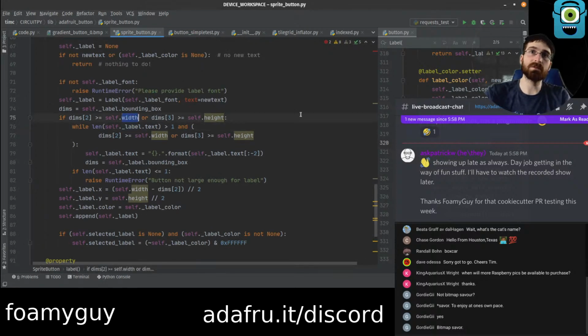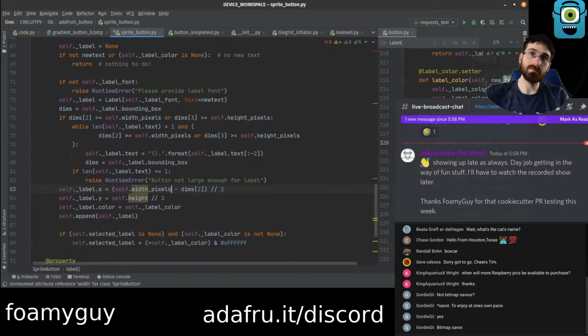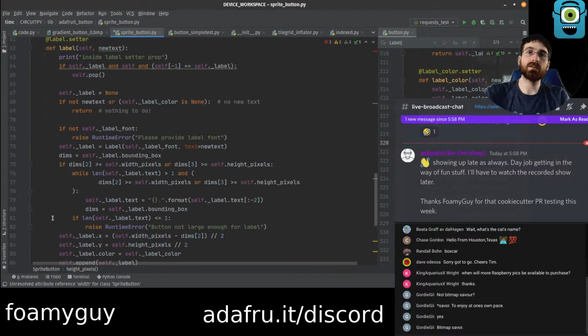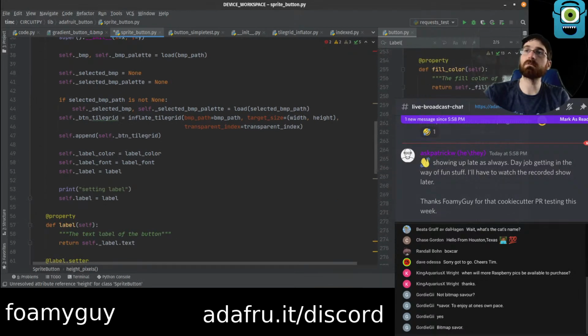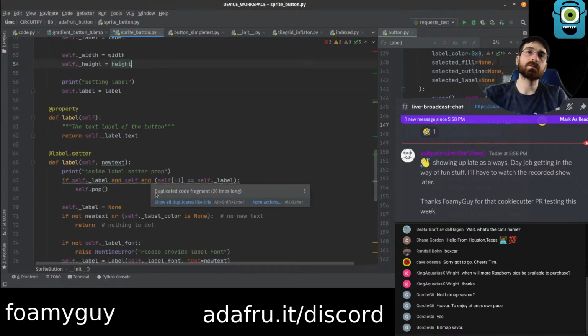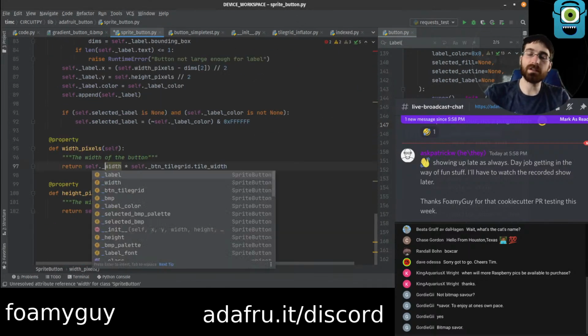Then here we would do this. And then we do need to set width and height, which I don't think we did. And then these, I guess, actually need to be like this.